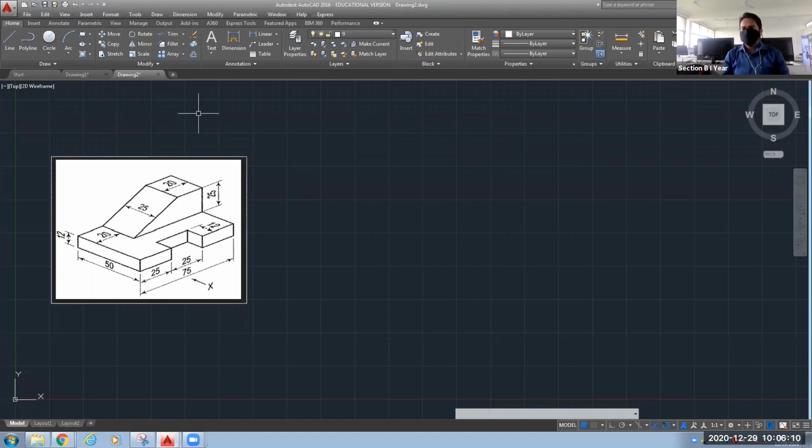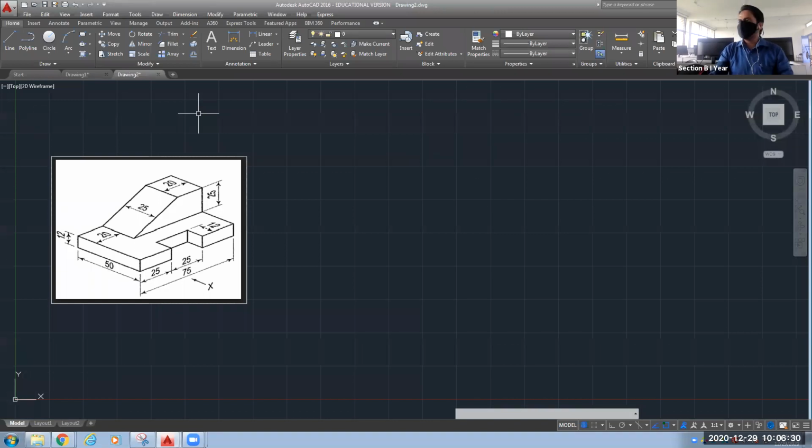The basic difference is that in isometric, the figure will be a 3-dimensional view. And when it is orthographic, you have to draw the front view, top view, side view, if you are able to recall what we discussed in our first or second classes.